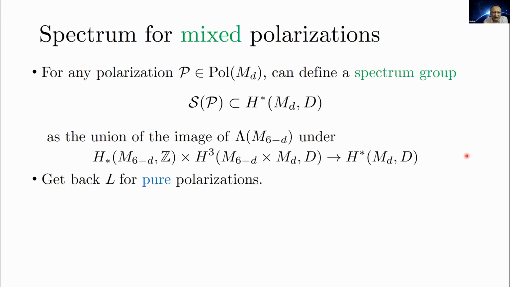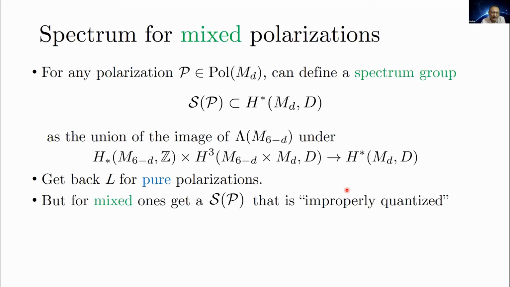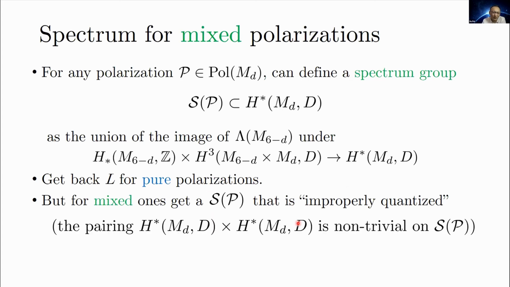So I won't say more about the construction, but I will remark that you will get back L for the pure polarizations. So it's a good measure for the spectrum of operators, at least in the case of pure polarizations. But if you're considering mixed polarizations, you will actually get a spectrum group that looks like it's improperly quantized. In other words, this pairing will be non-trivial